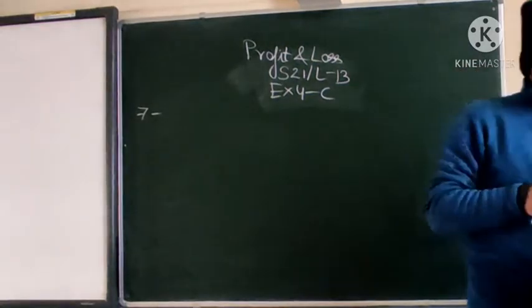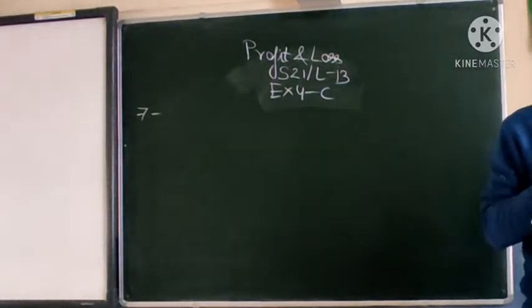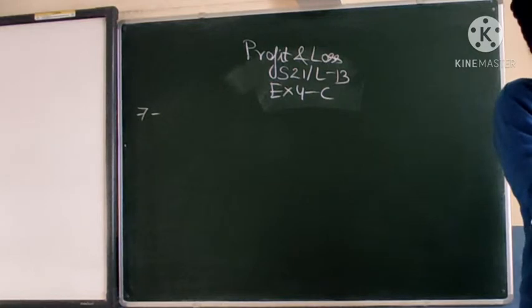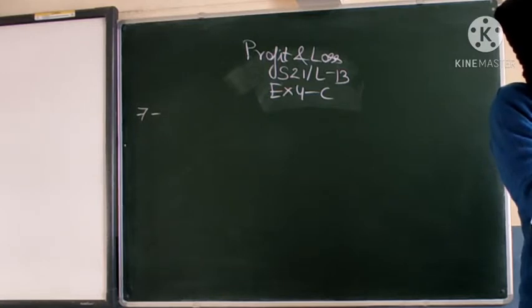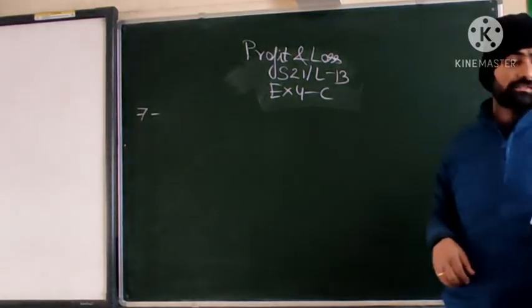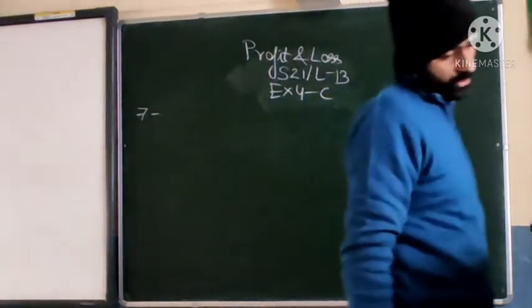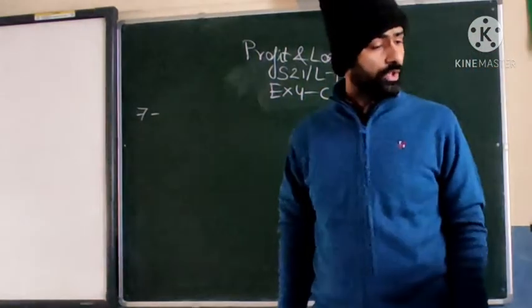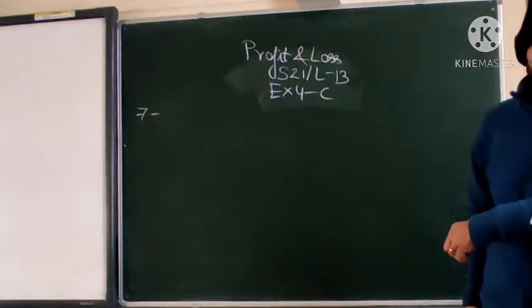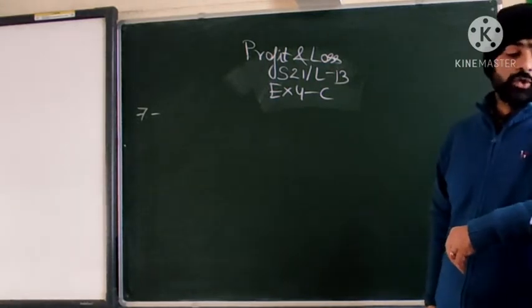So see, quite frequently you must have seen that there are sales. Like when some festivals are coming, people are offering sales, like buy one get one free, or on the marked price they are giving some discount. So these kinds of sales are there. And here is also a similar sale, in which the discount offered is 20%. The marked price is given as 43,000 rupees, with 20% discount.